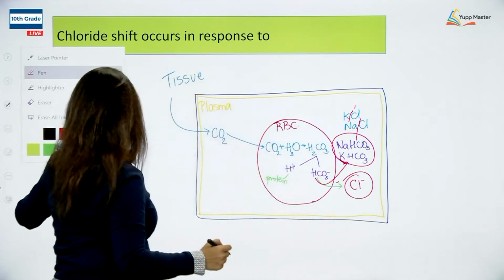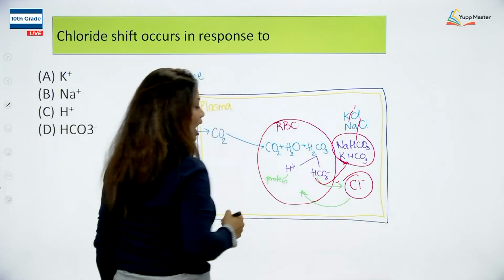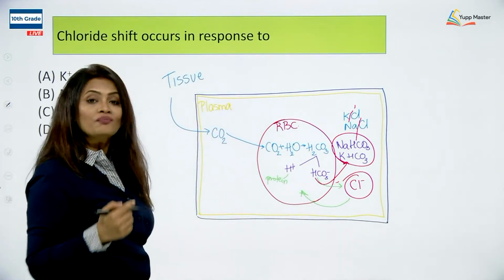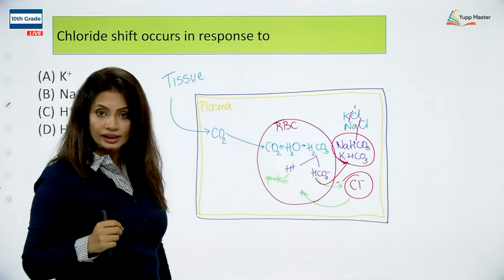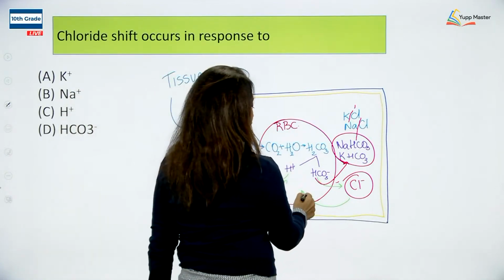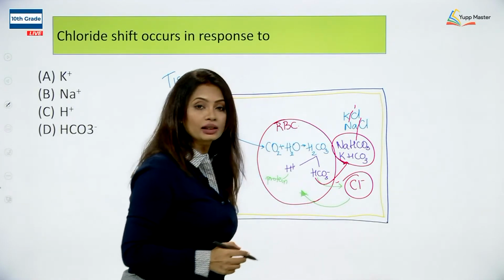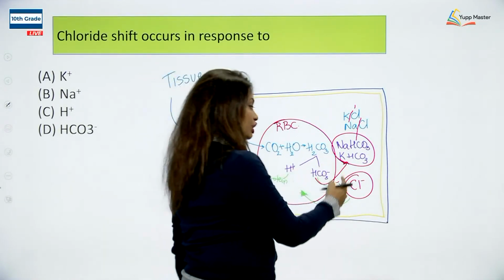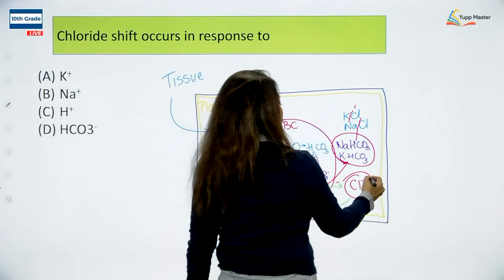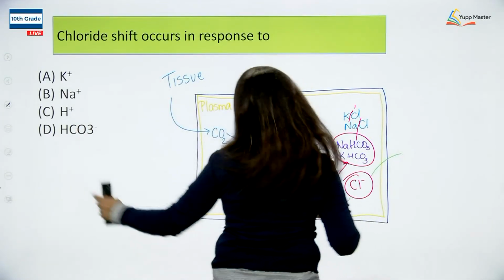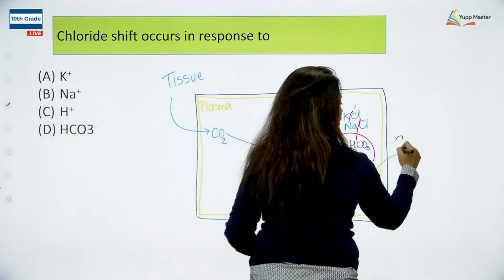That chloride ion has to be shifted and it has to be taken inside the RBC. Why does this happen? This is happening in order to maintain the ionic equilibrium over there. Here the ionic equilibrium will be maintained because of the chloride shifting inside the RBC. This shift of chloride in response to the bicarbonate ions is what we call the chloride shift